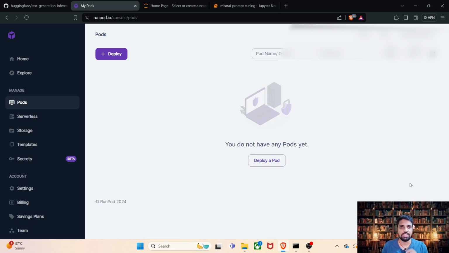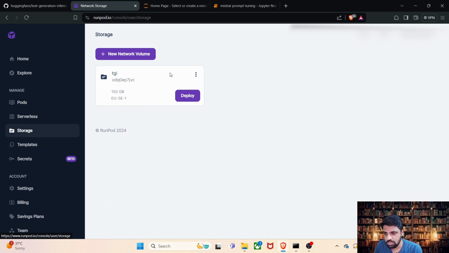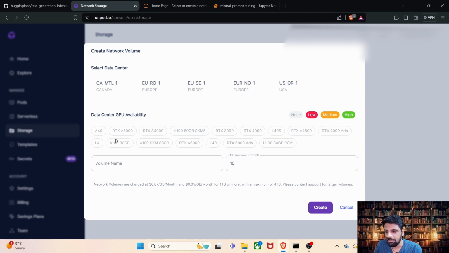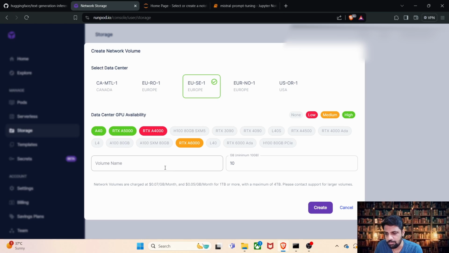inference. Let's get started. So the first step is to create an account and add some funds to it, and once that is done, we have to go to storage. Okay, so we are going to create a persistent storage for the setup. So click on new network volume, and it depends on what type of GPU we are going to use. So I'm going to use the European region where RTX A5000 is available, and add the volume name, whatever name you want to keep for your volume, say for example J1, and how many GB of storage that